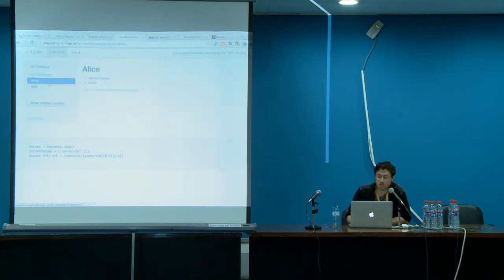The page isn't reloading, but the URL bar changes. This is currently in hash mode, so you see the hash there. You can also use it in HTML5 mode, which you don't see this ugly hash here. And if you go into the documentation for UI Router, there are different server setups where if somebody reloads the page, it'll still navigate to the correct state.